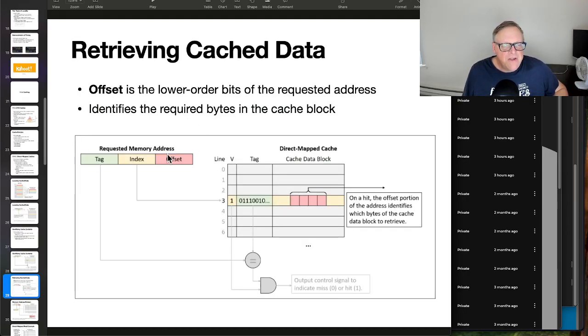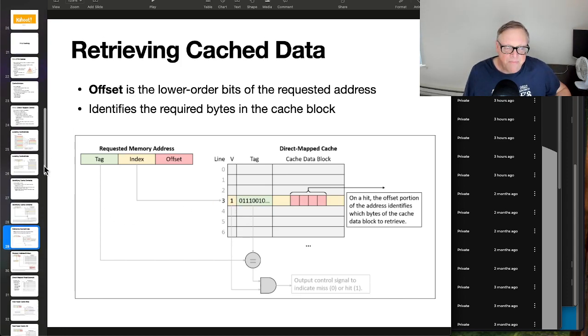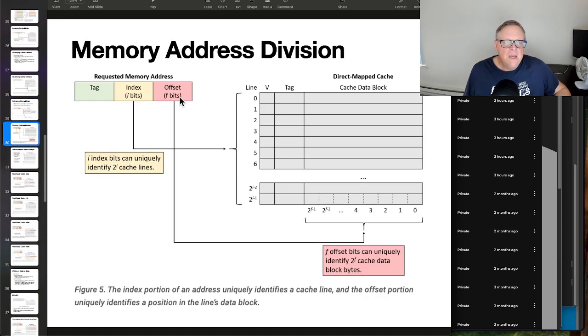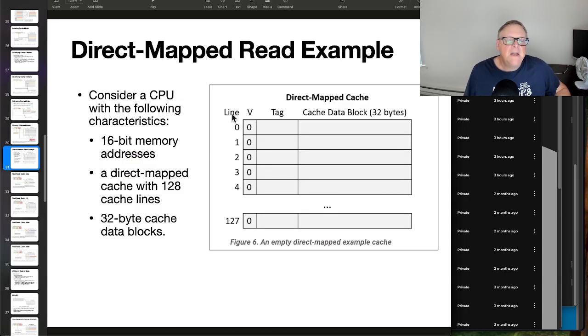The offset tells you which byte you are inside the line, the index tells you which line, and the tag tells you which part of memory is currently stored here. The valid bit tells you whether it does contain valid data from memory or not. So the index portion uniquely identifies a line, and the offset portion uniquely identifies a byte within that line. So if you have a